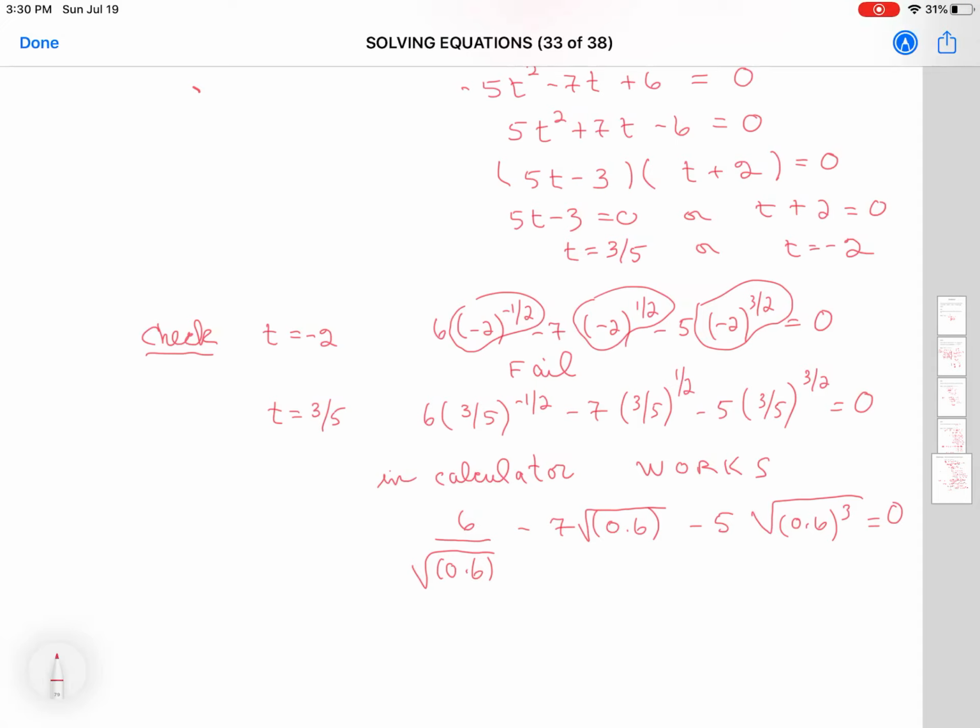And we would like that to be equal to 0. So once you use the calculator, you see that it works, so that the solution for this equation is t is equal to 3/5, and that's my only solution. And that completes